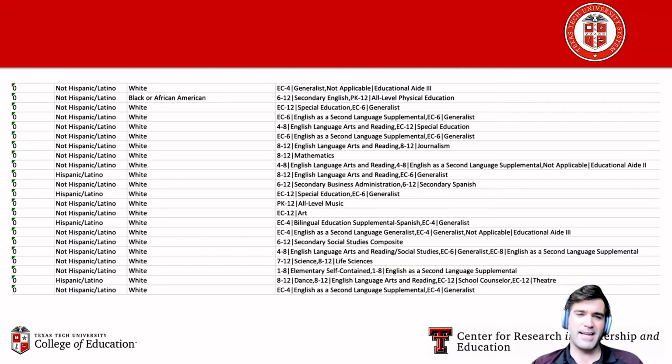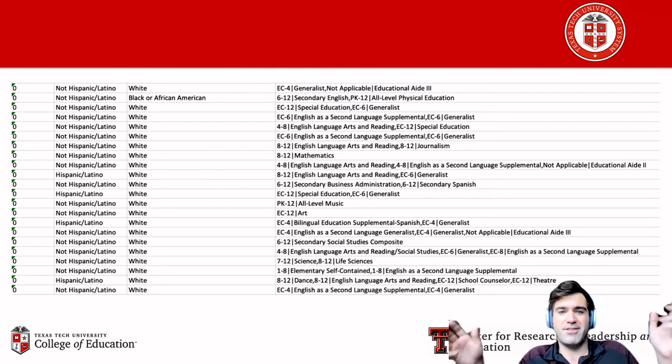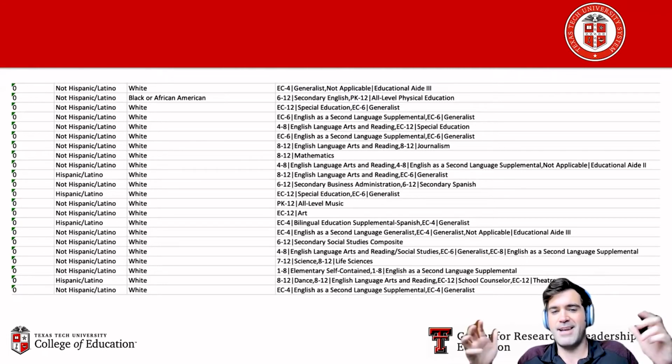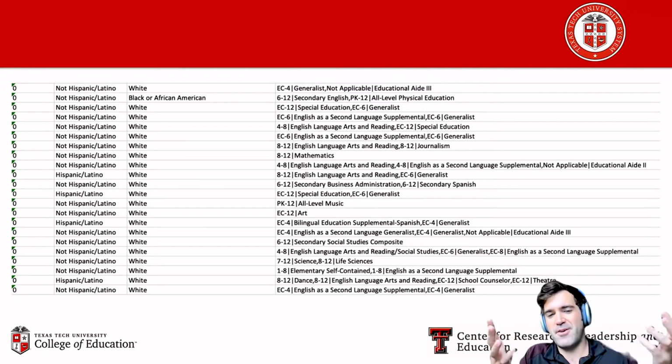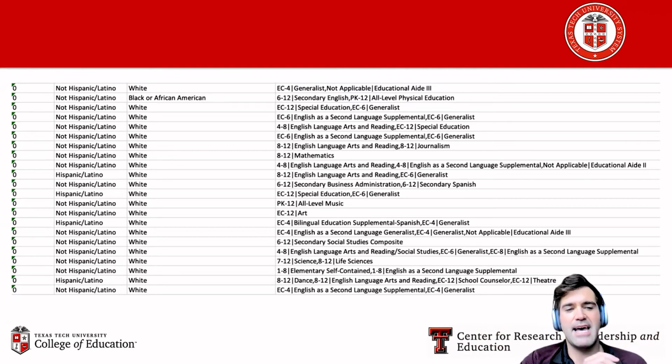Now, when we think about data, I like to always point everyone to what data really can look like. We are usually most familiar with Excel, right? We all took introduction to Microsoft Word, or maybe I'm too old for that. But we're very familiar with these types of data and what they can look like in an Excel spreadsheet, right? What I'm showing you right here is simply data from teachers in a particular school district that has information about their race and ethnicity, as well as the different certifications that these teachers have to be